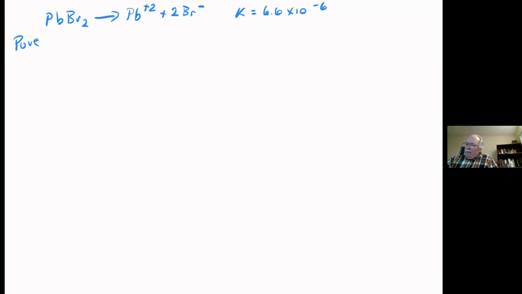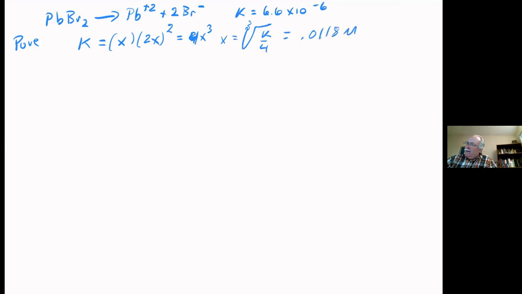So I'm not going to draw the ice diagram. I'm not going to say 0 lead and 0 bromide, and then I make X of lead and I make 2X of bromide. I'm just going to simply write the equilibrium expression right from the get-go. So K is equal to X, which is for the lead, times 2X squared, which is the bromide. And this is equal to 4X cubed. That's a 4 there, because of the 2 squared. So X is equal to the cube root of K over 4. And if I substitute in 6.6 times 10 to the minus 6, I get